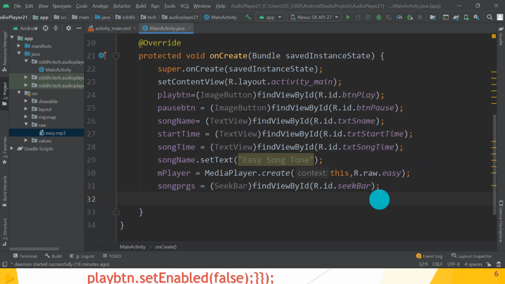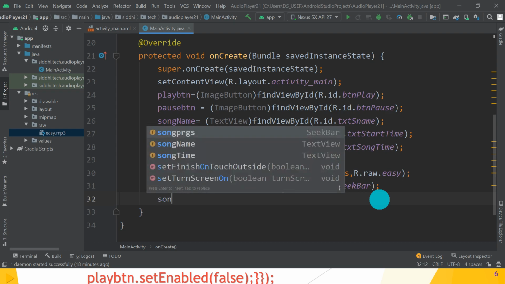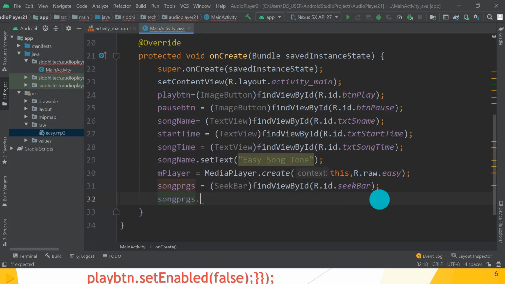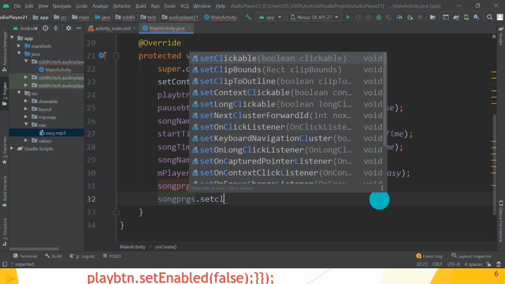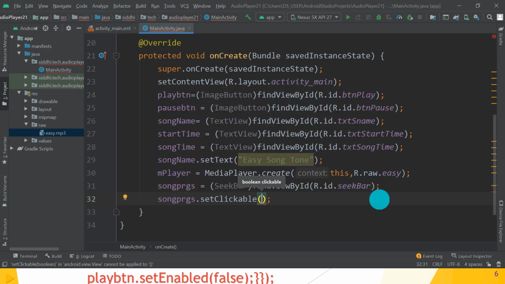So song progress initially set clickable false, so you have to write it as songProgress.setClickable, initially false. Great.